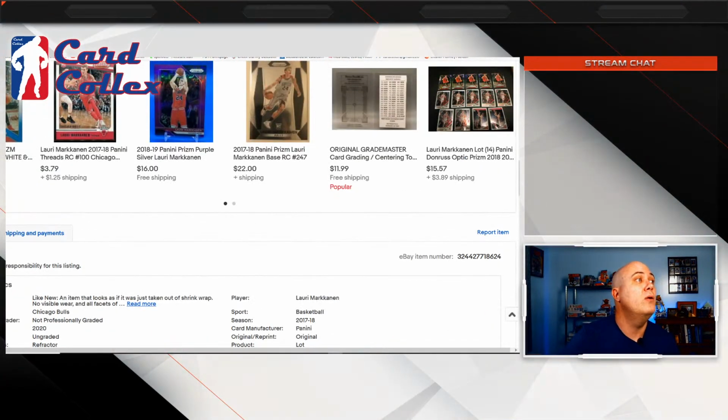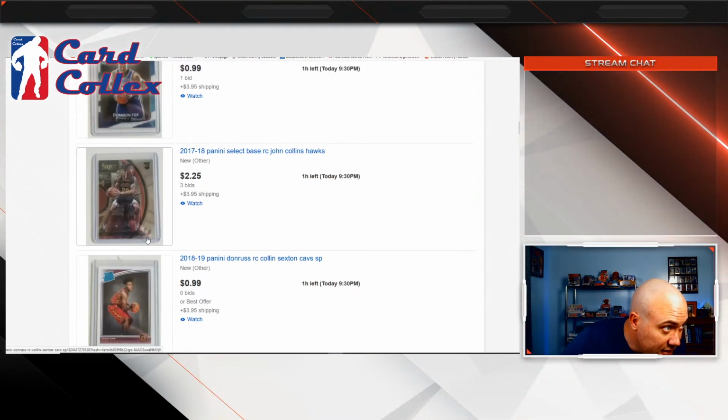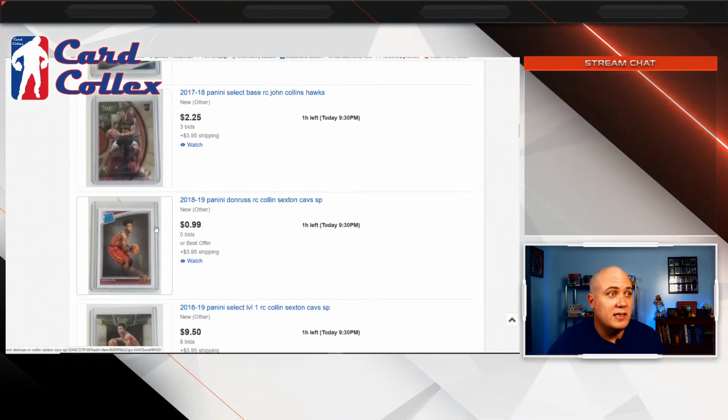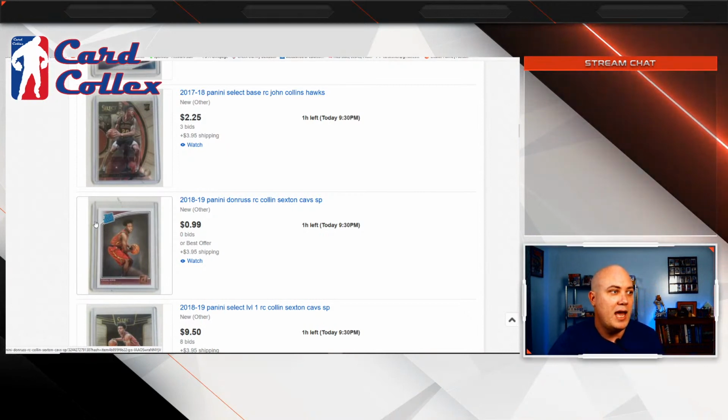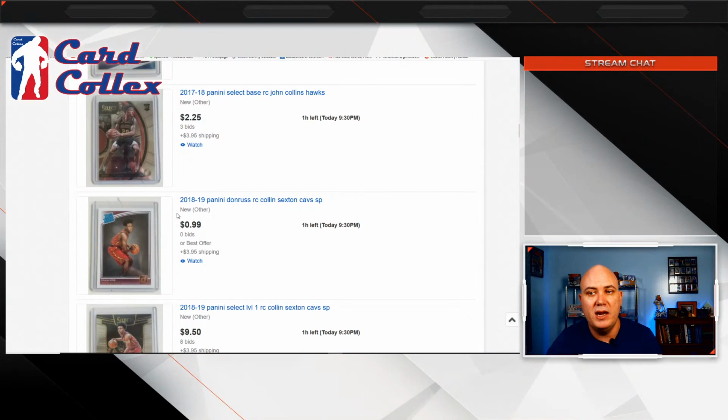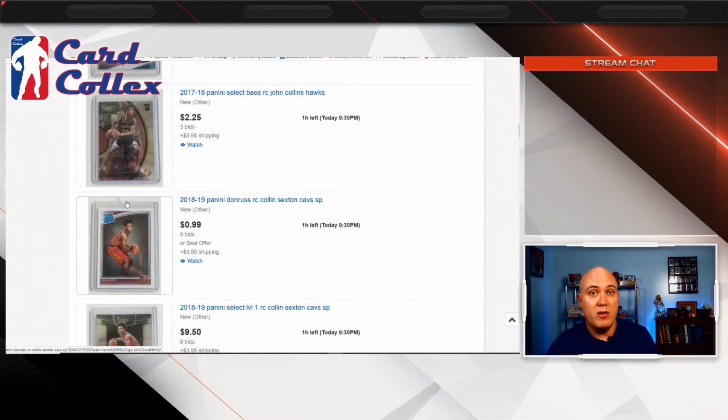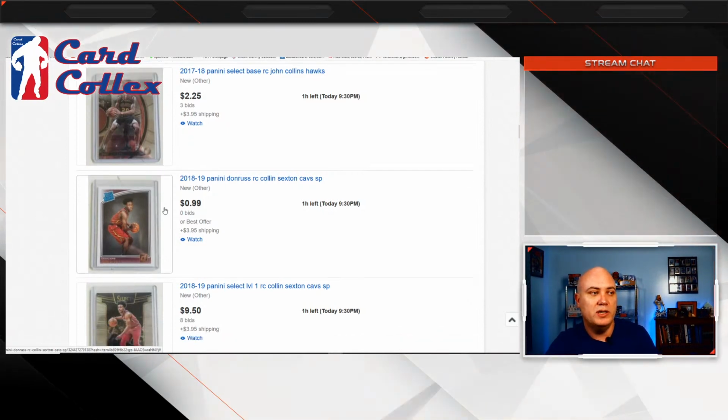So I always look for that whenever I'm searching out cards. And the way I found this guy is I was looking for Collin Sexton, because my guy Collin Sexton, who I had up as one of my 5 players to watch, to be buying, came out and has just been on fire the last couple of games. Now, what does that mean? I don't know what he's going to do for the rest of the season, but he definitely was on track to get better. He's been getting better every year, and he's somebody I think is really exciting to watch.